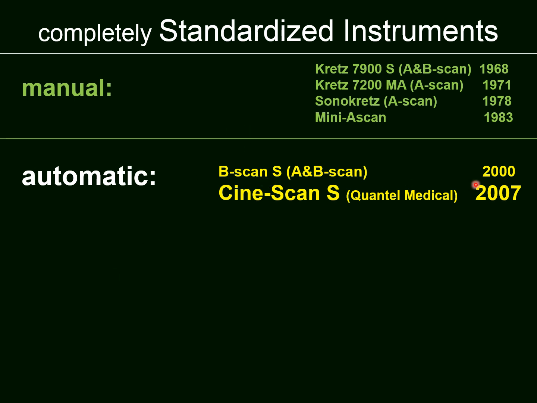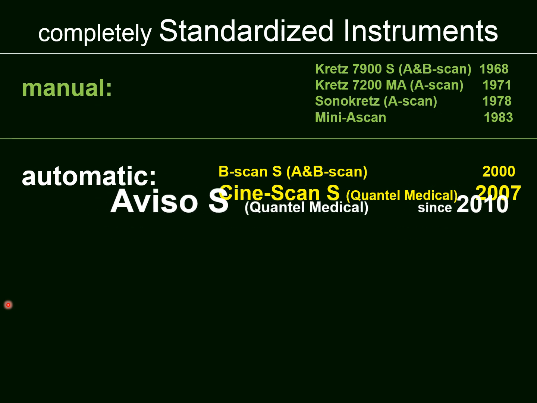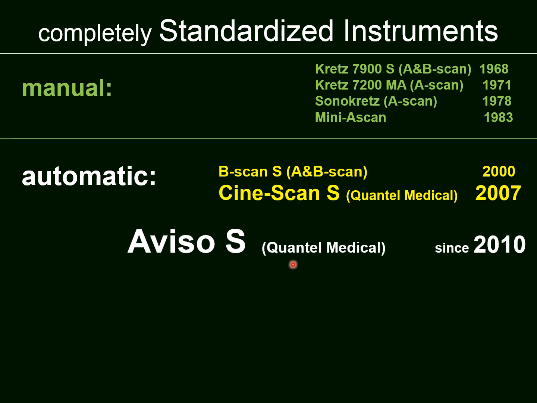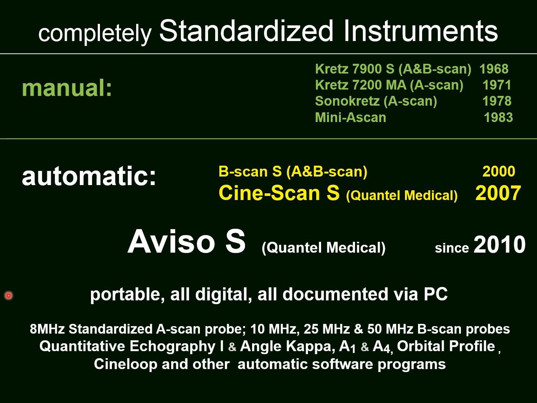B scan S since the year 2000, CineScan S since the year 2007, and finally since 2010 the most advanced unit, the Aviso S by Quantel Medical. The Aviso S is a portable unit. It's all digitized, and all